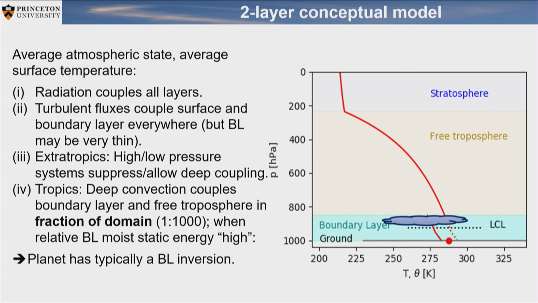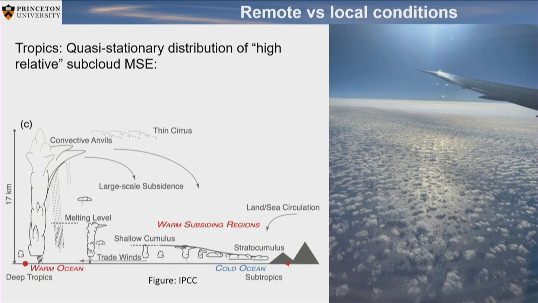It tends to happen at the highest end of the energy spectrum. So the average then is that the free troposphere is warmer than what you expect from the average surface temperature, and that automatically means you have a boundary layer inversion. Right, so it's a natural result of the thermodynamic propensity for convection to happen at the high end of SSTs. Okay, so in a geographic picture, right, this is taken from IPCC.